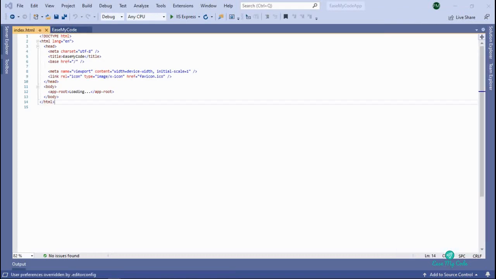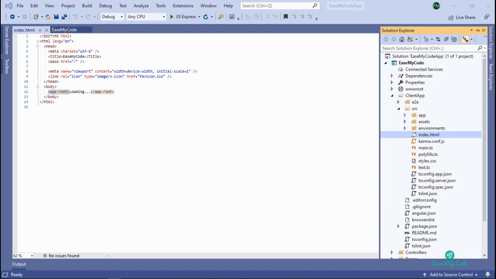Okay, so this is the title of the application. These are the meta links, the style sheet and everything. If you are using them, they will be reflected here. And then in the body tag, if you see, there is a selector called app-root. So our UI, whatever pages we are going to create, they will all fall under this app-root selector. Now where is this app-root located? For this you need to go to